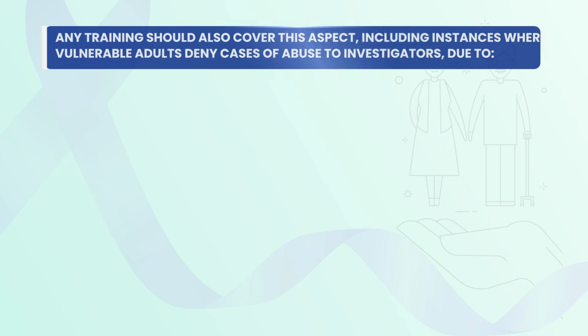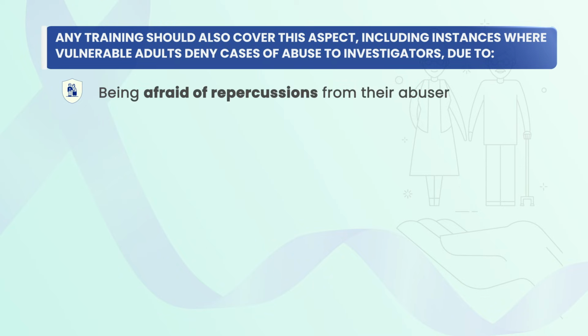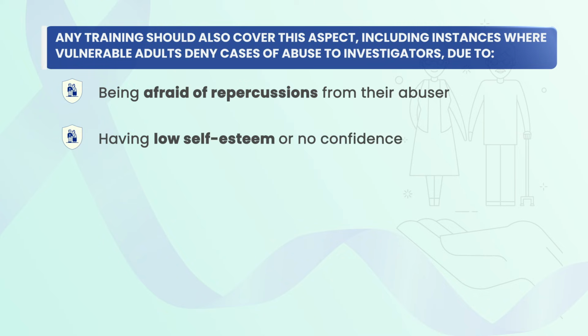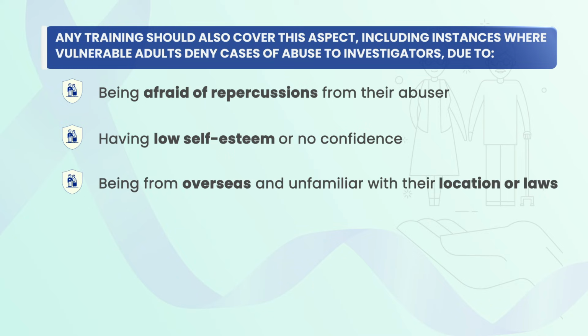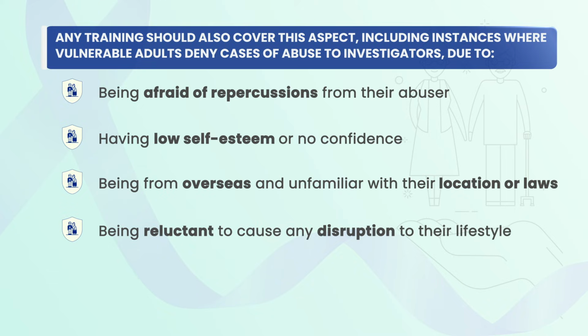Any training should also cover this aspect, including instances where vulnerable adults deny cases of abuse to investigators due to being afraid of repercussions from their abuser, having low self-esteem or no confidence, being from overseas and unfamiliar with their location or laws, being reluctant to cause any disruption to their lifestyle,